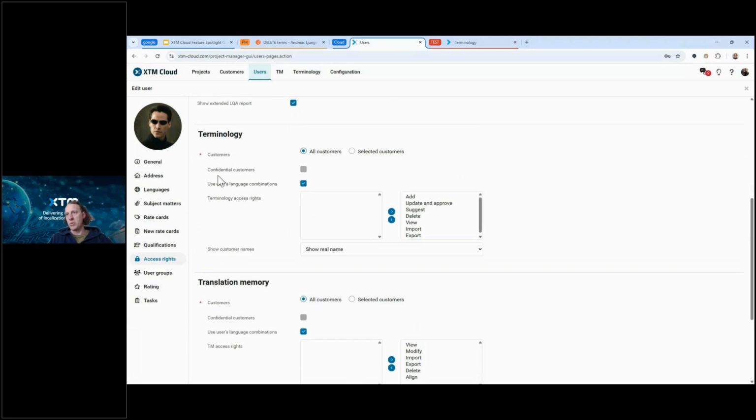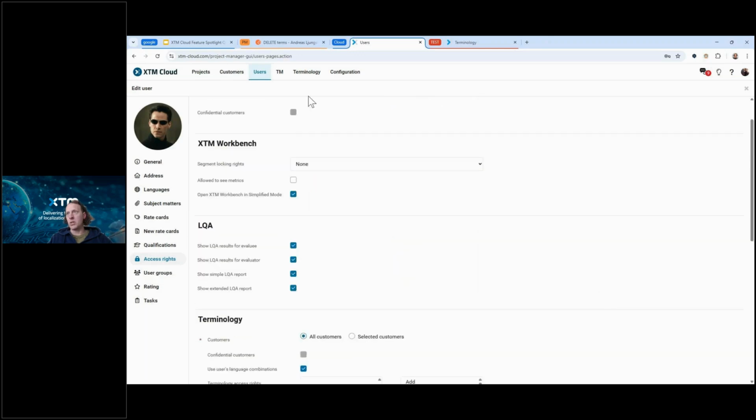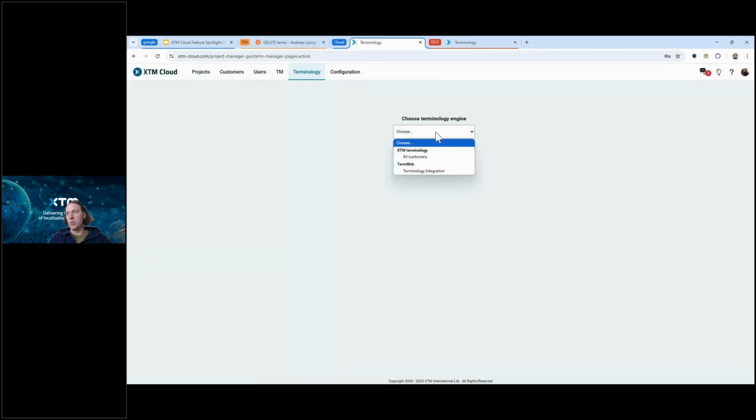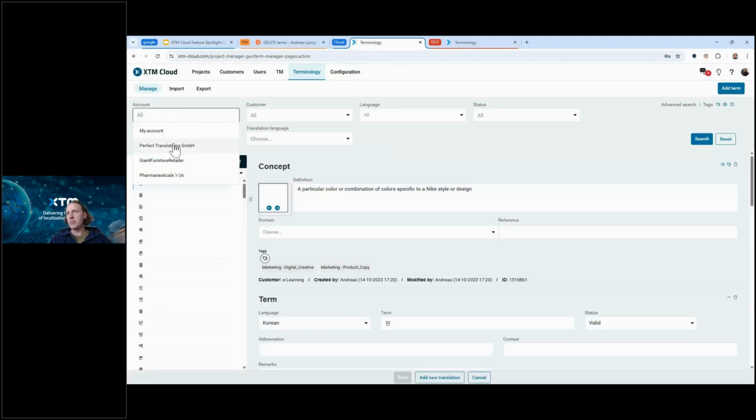Same goes for the terminology permissions. Impossible for Peter Parker to change this. Translation memory, likewise, and even concordance. So this means that certain data cannot even be searched in the concordance, or if I go to the TM or terminology manager, you won't see one of those confidential customers either, right? So they will be hidden from view, even though he's allowed to see